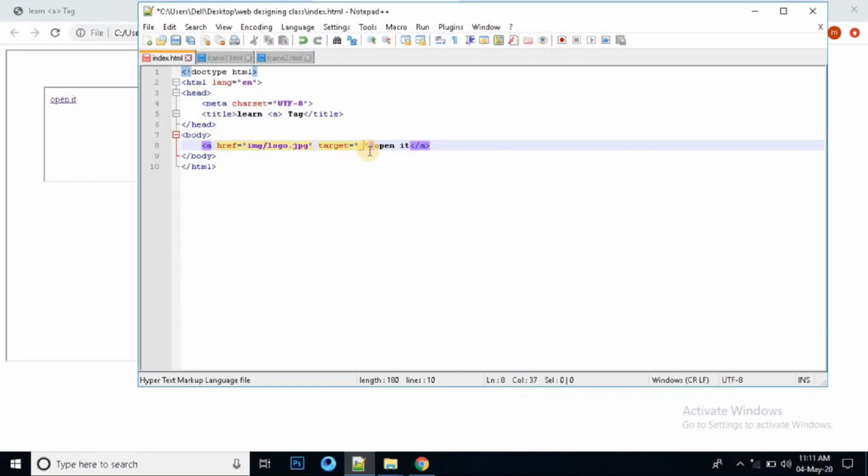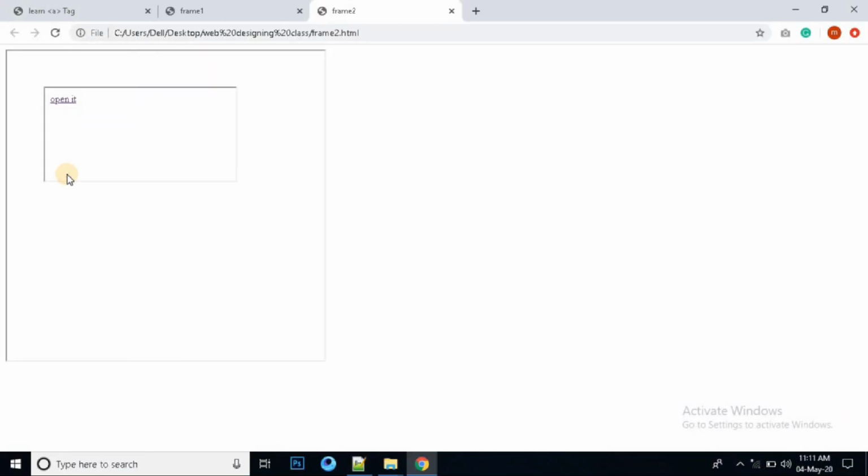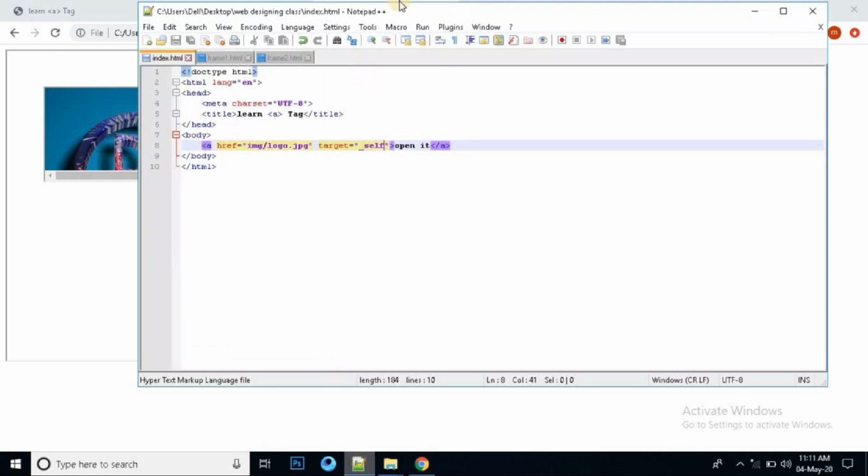Now set it as self, save it, and when we click on open it, it will be loaded in the same frame. And if we change it from self to parent, it will be loaded in the parent frame.